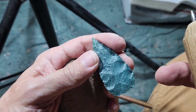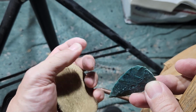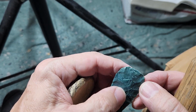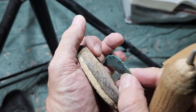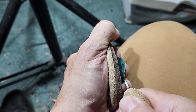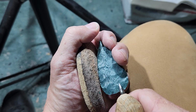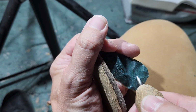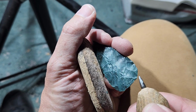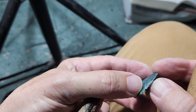Yeah, I got another step fracture right there. I need to run flakes into that area, but I need to be careful about how I do it. I can't just run any old flakes into that area. I need to create a concavity there, but I can't just run it any old way, because it'll build up a bunch of step fractures right up next to it if I don't do this correctly,